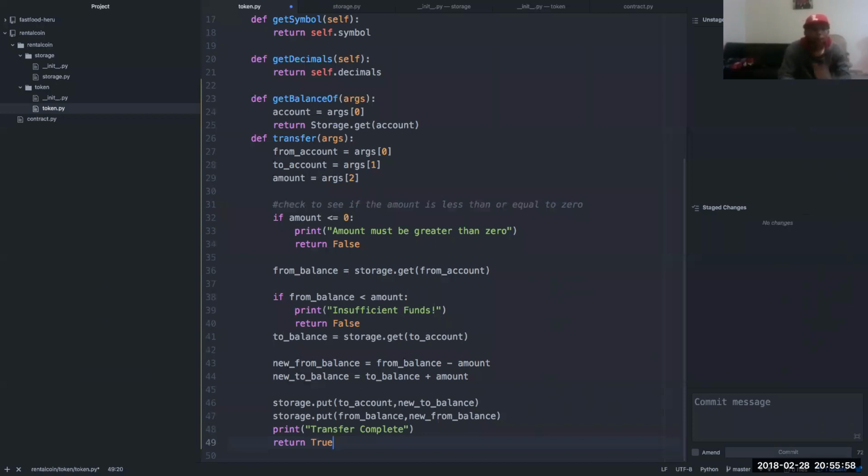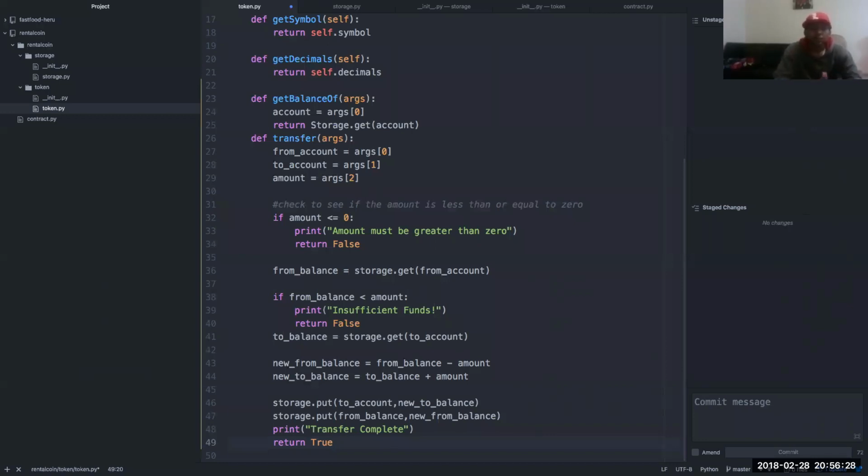Otherwise, we grab the balance from the account that's trying to send money or send a rental coin. If the balance from the account that's trying to send money is less than the amount they're trying to send, then we have insufficient funds, return false. Otherwise, you're going to grab the to balance from the account that's about to receive money.